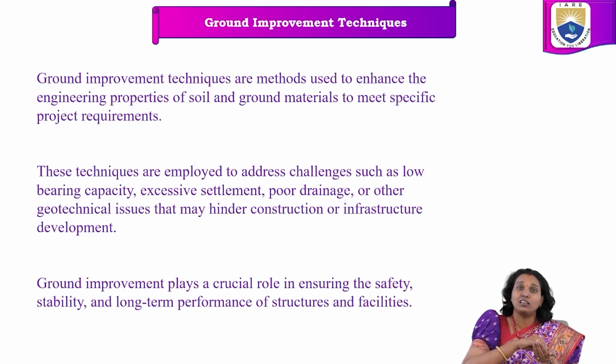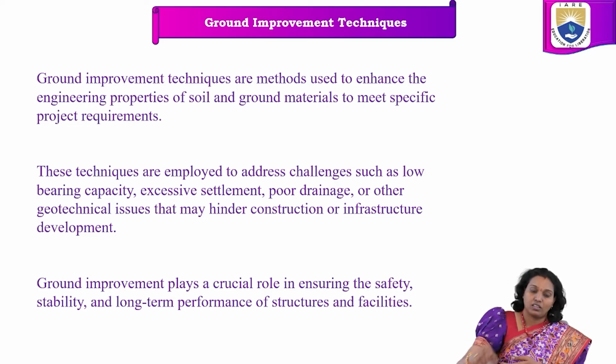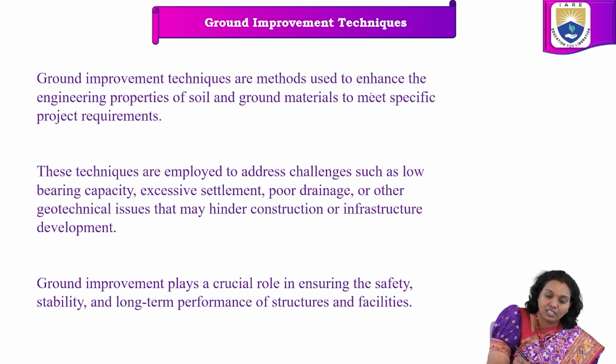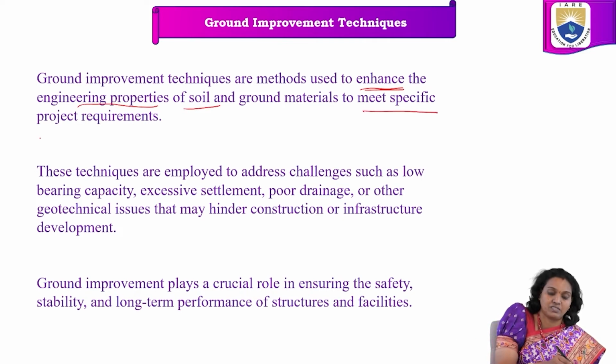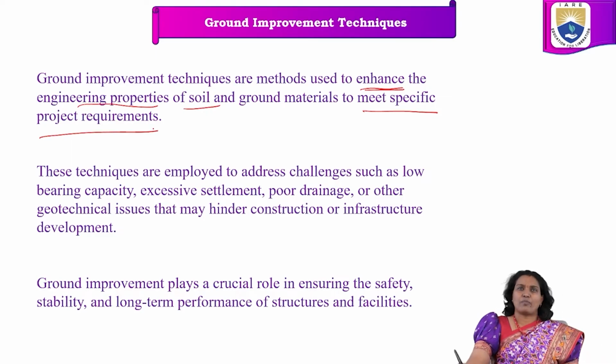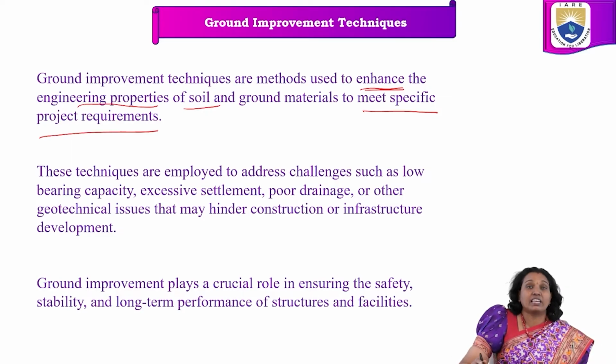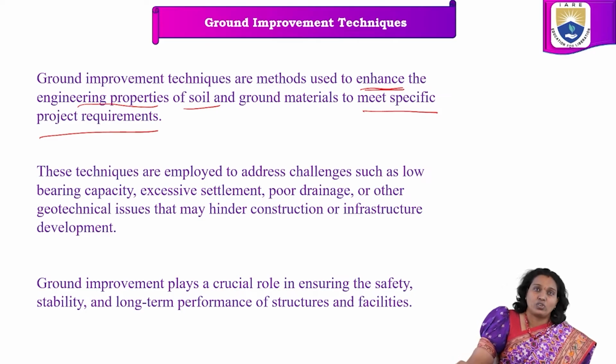In these ground improvement techniques, we use methods for enhancing the engineering properties of the soil to meet specific project requirements. All these techniques are employed to address challenges such as low bearing capacity, excessive settlement, poor drainage, or other geotechnical